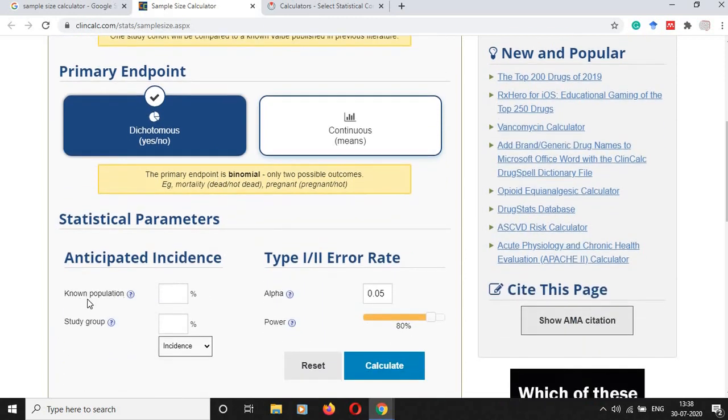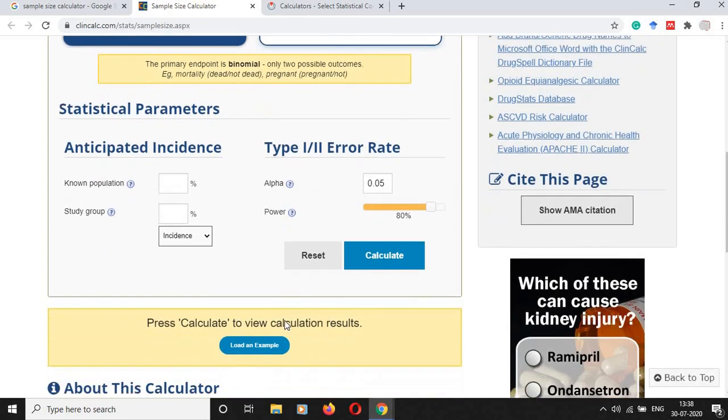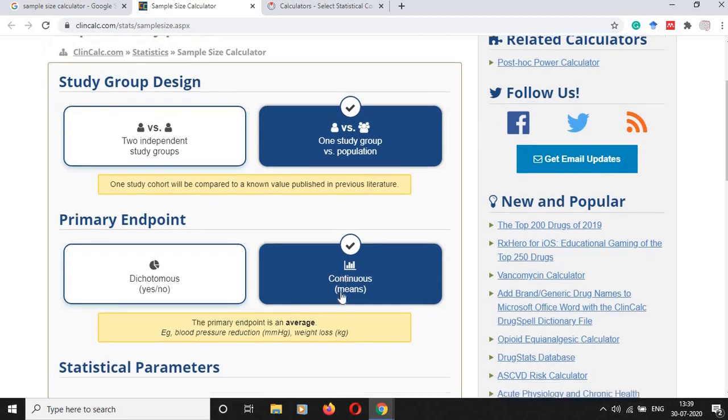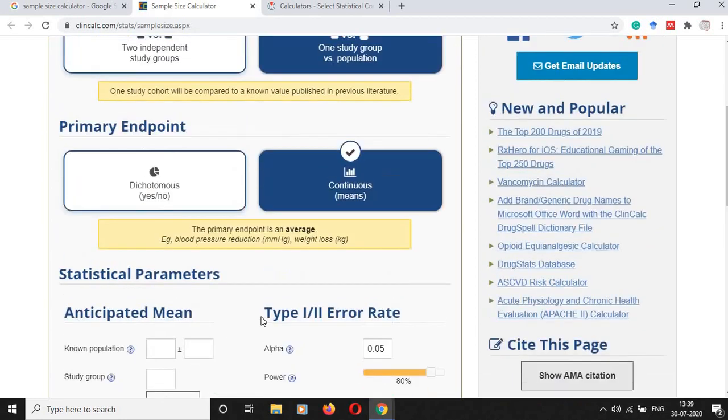Here they are asking for the known population in order to apply the finite population correction, and the study group prevalence, and the alpha level we can adjust, and based on that they will apply the Z value and calculate the sample size. Same way we can use it for one group continuous variable, the calculations will be here.